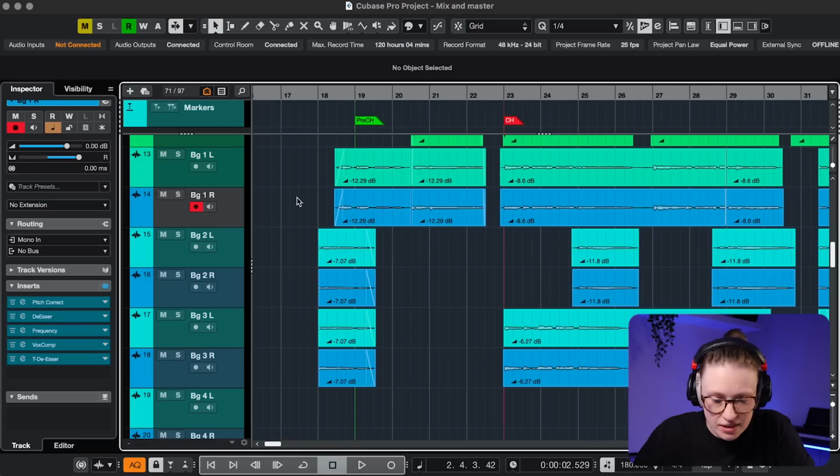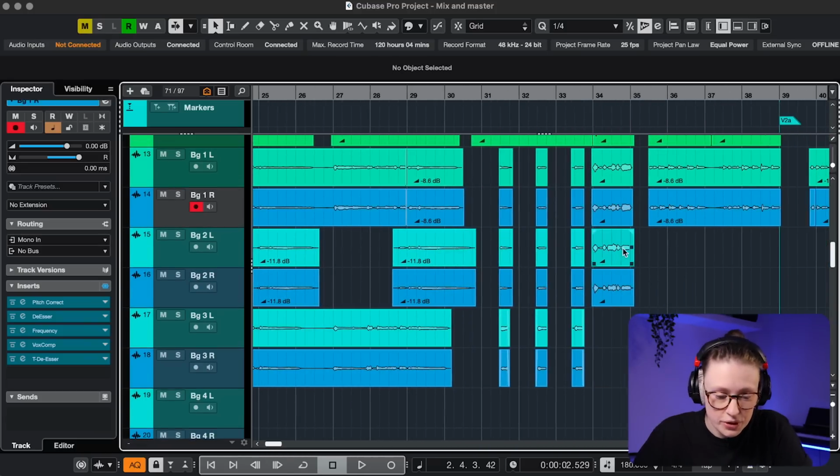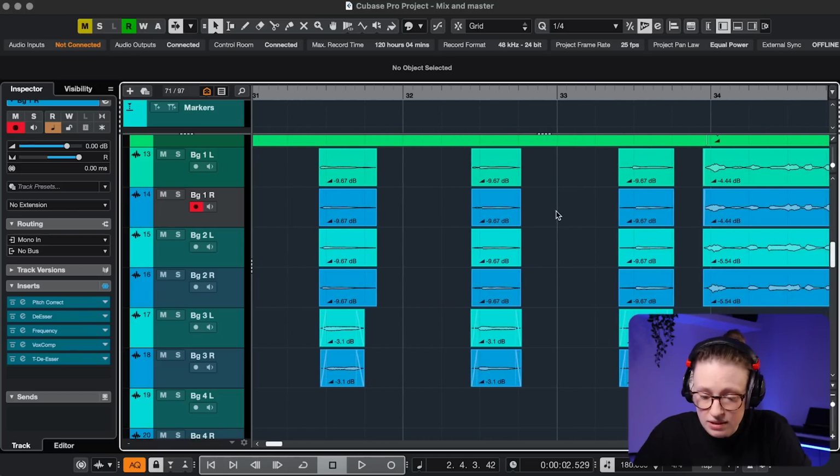And you can see that I changed the levels of the background vocals using clip gain instead of track volume. That's just because I have all kinds of vocals on the same tracks, louder vocals, quieter vocals. And this way they all kind of hit the compressor at a similar level. Ish, you know, it's punk,